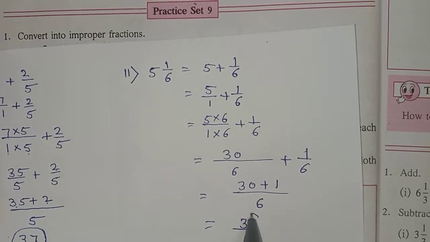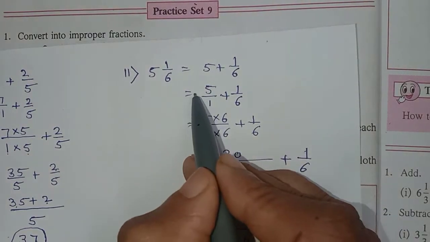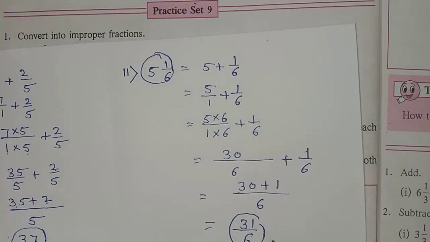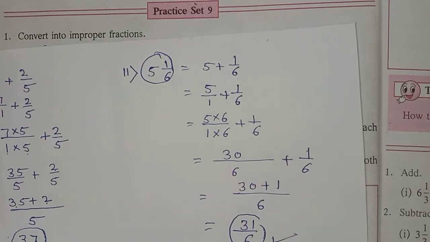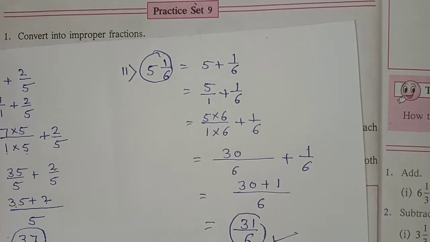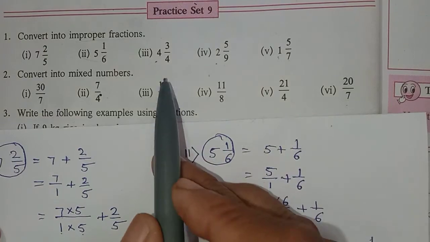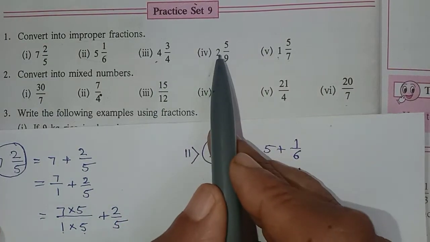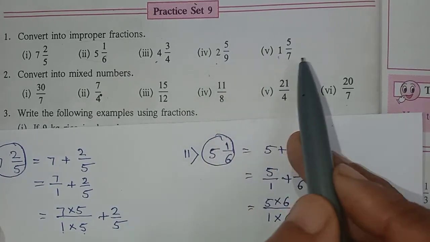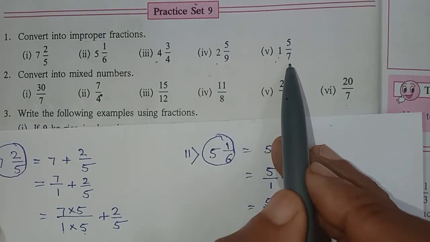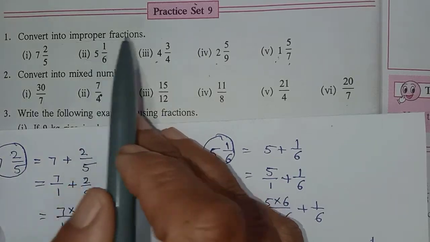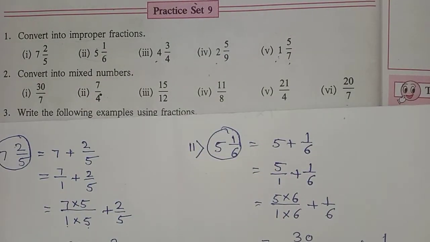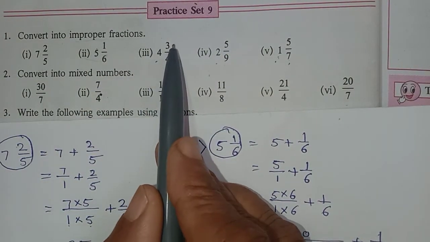So in this example also we have converted the mixed number into an improper fraction. Likewise, we can convert 4 integers 3 upon 4, 2 integers 5 upon 9, 1 integer 5 upon 7 into improper fractions. Now in the next example, 4 integers 3 upon 4,